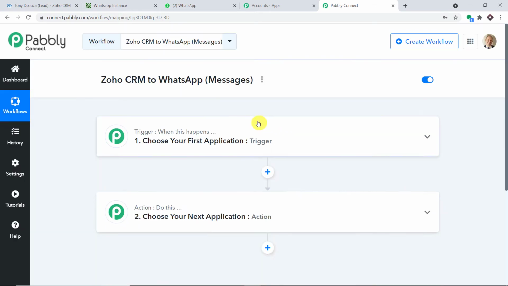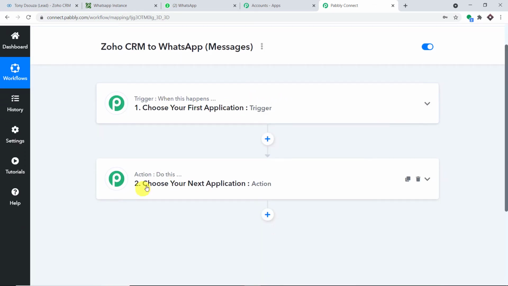When you click on create, you will find two windows, the trigger window as well as the action window. So what's the deal with the trigger window and the action window? When you talk about automation in PabblyConnect, it works on the principle of triggers and actions. The trigger is basically an if statement. It asks a question: if this happens, then what should be done? For example, if a new lead is created in Zoho CRM, then what action should be taken by the system? The action is that we are going to send the WhatsApp message to the newly created lead. I hope it is getting clear.